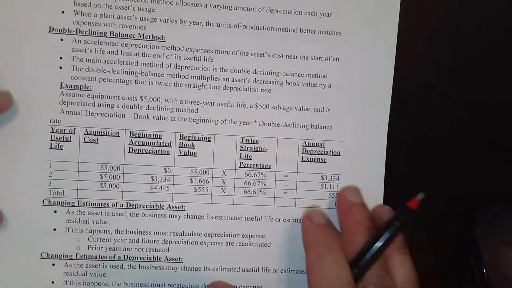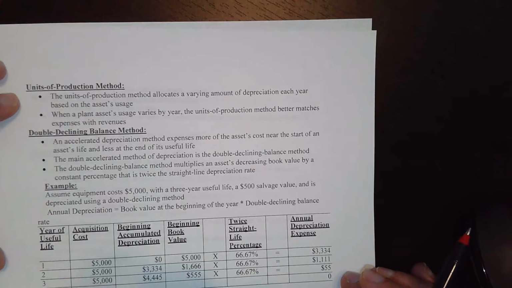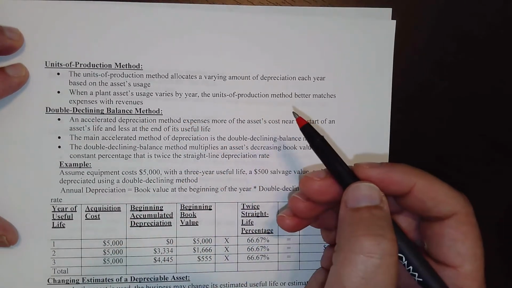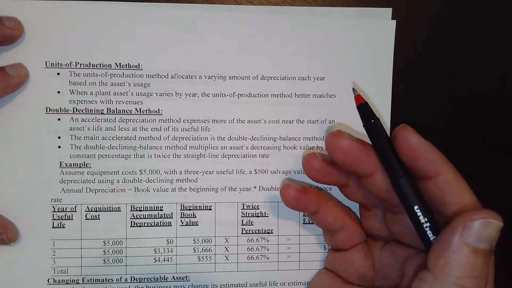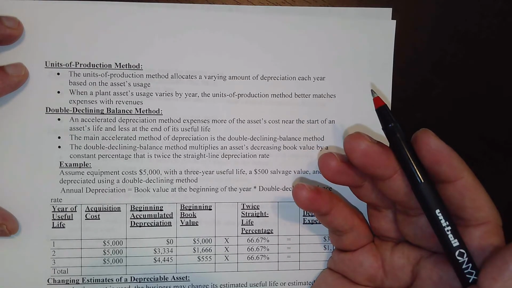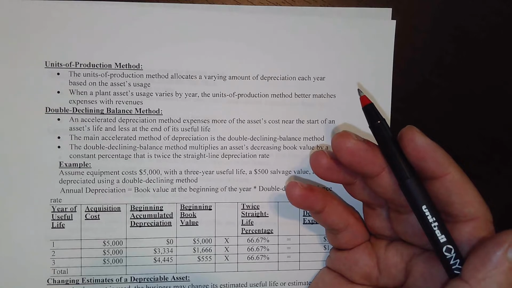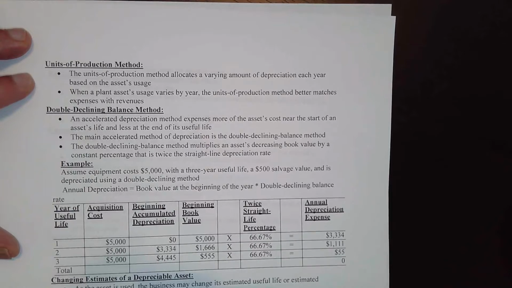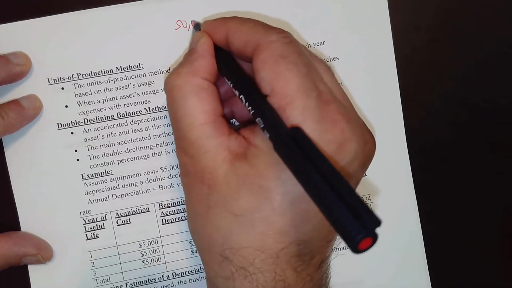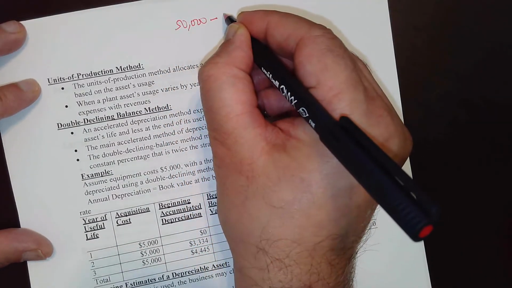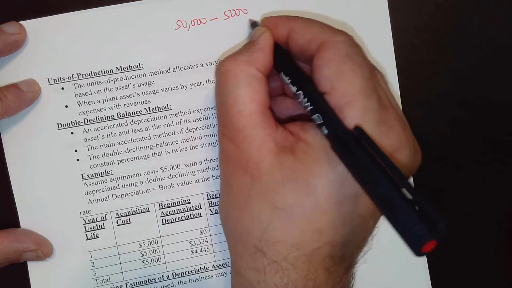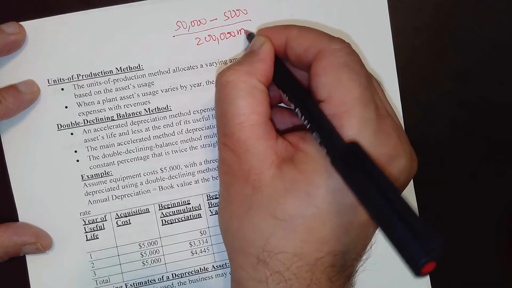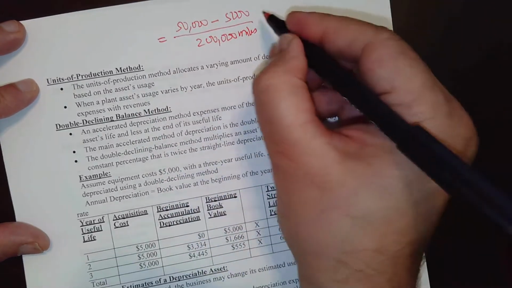The next thing we're going to talk about is the unit of production method. In the unit of production method, we use the unit. For example, I mentioned earlier whether a truck is going to last 7 years. So the Ford company might tell you that this truck is very good to go for like 200,000 units. So for example, you bought a truck for $50,000. Your salvage value is 5,000, and if the truck is good for 200,000 miles, so your depreciation expense would be